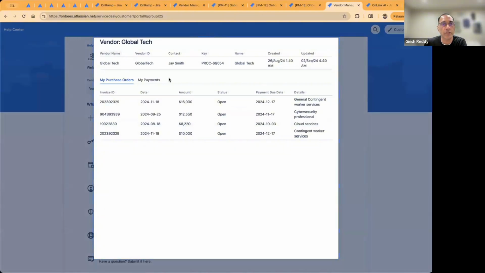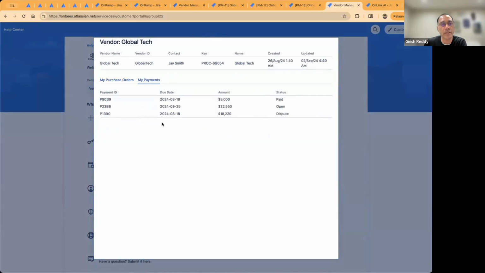Here you can see that for this particular vendor, it shows who the contacts are. It shows the list of purchase orders that are assigned to them, as well as their payment status for the various invoices. In this particular demo, we are pulling this from Workday, where Workday is the backend financial system. This allows the vendor to get some information about their POs, invoices, and payments, and hopefully that addresses